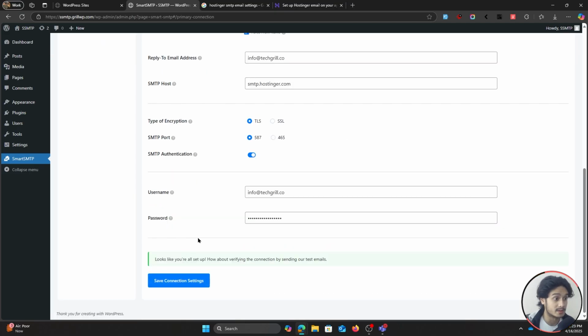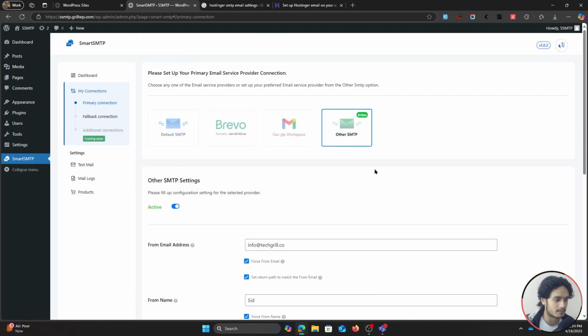And keep in mind, once you've activated this other SMTP setting, make sure to save it once again, else the settings will not be saved. So there it is, our primary connection using Hostinger's SMTP, other SMTP setting has been enabled. Now let's go ahead and let's test this